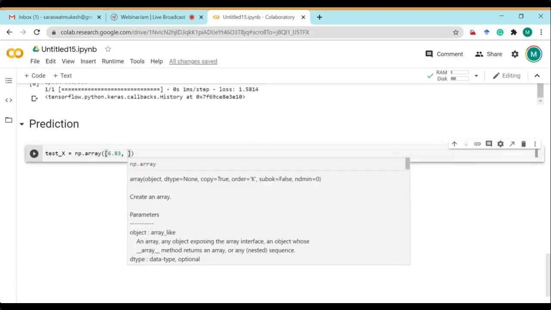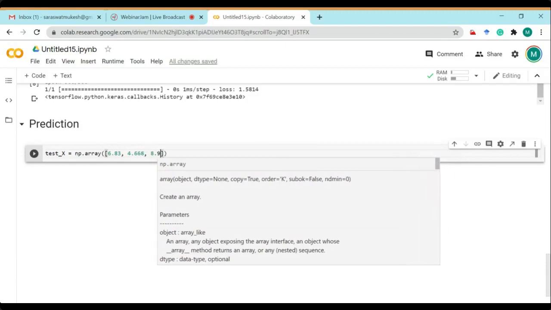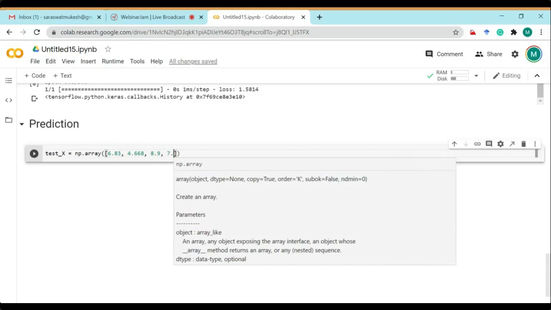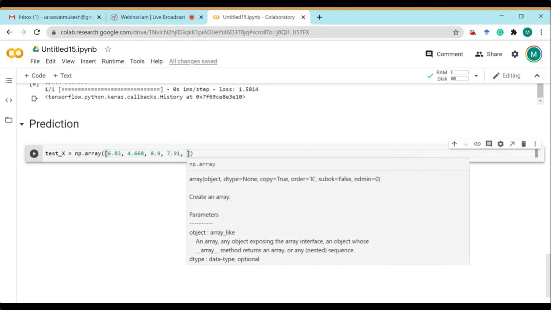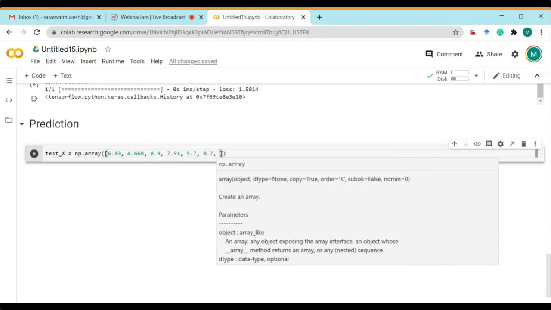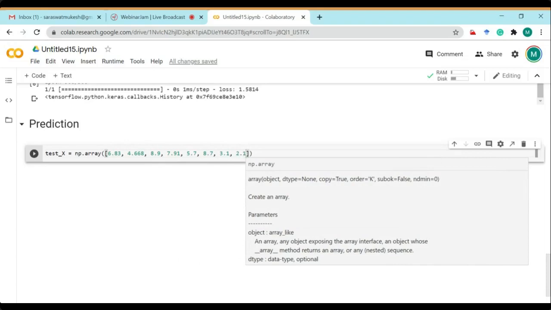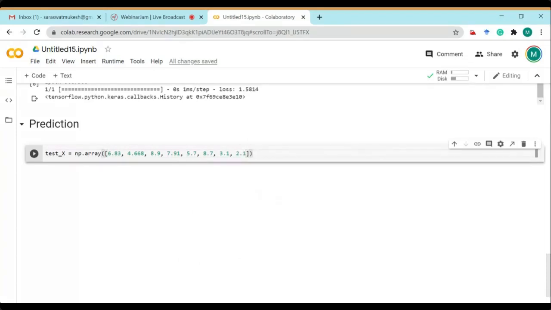6.83, 4.668, 8.9, 7.91, 5.7, 8.7, 3.1, 2.1. We have taken these values, and since this is a test sample, it will generate the output. Definitely y will be generated.